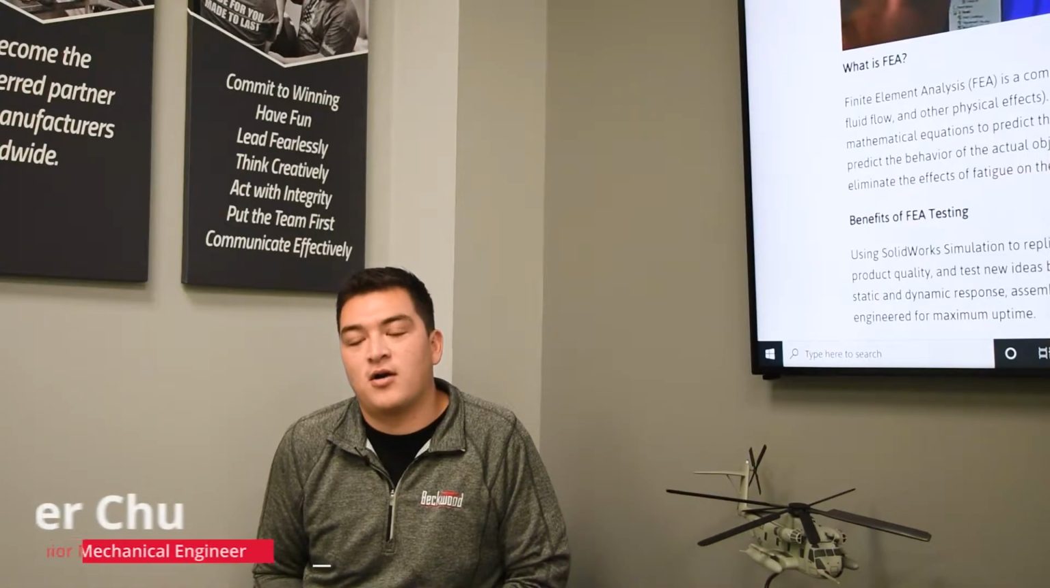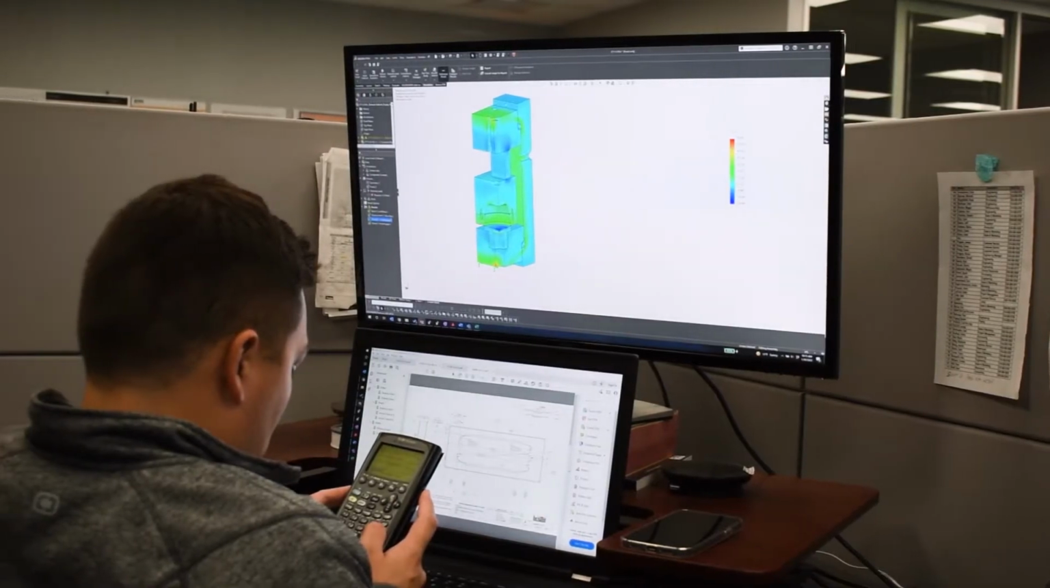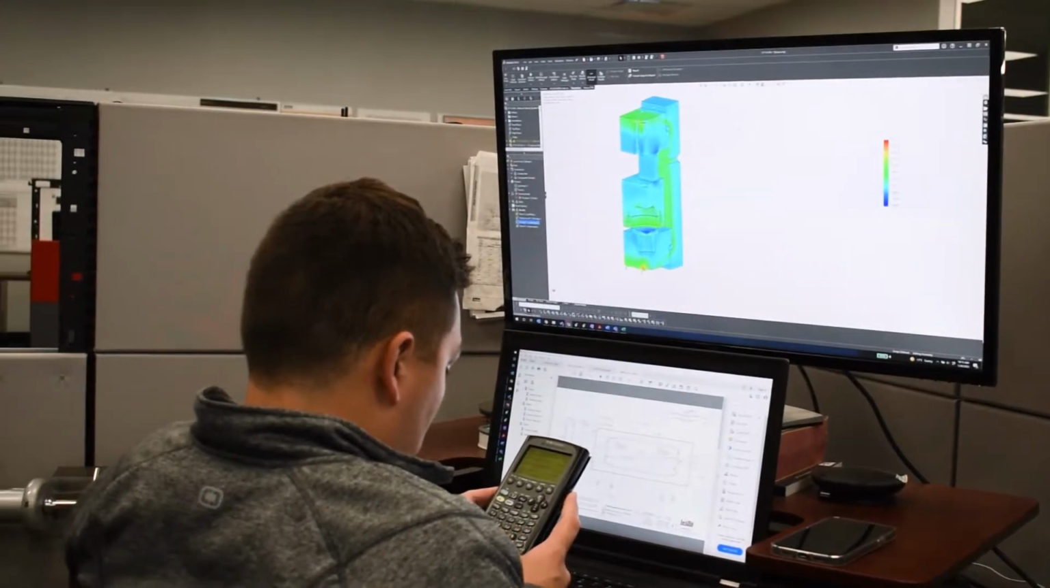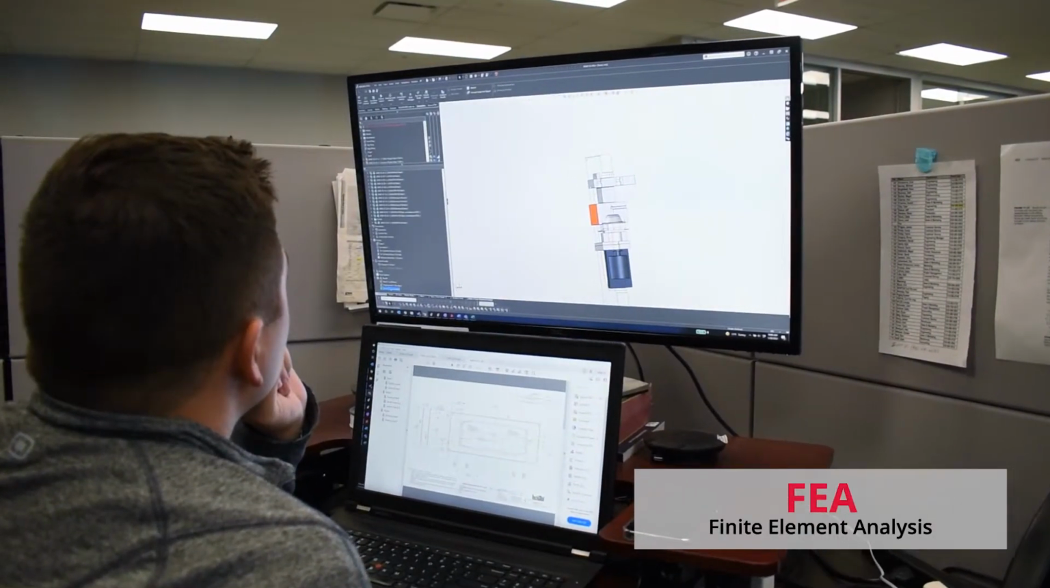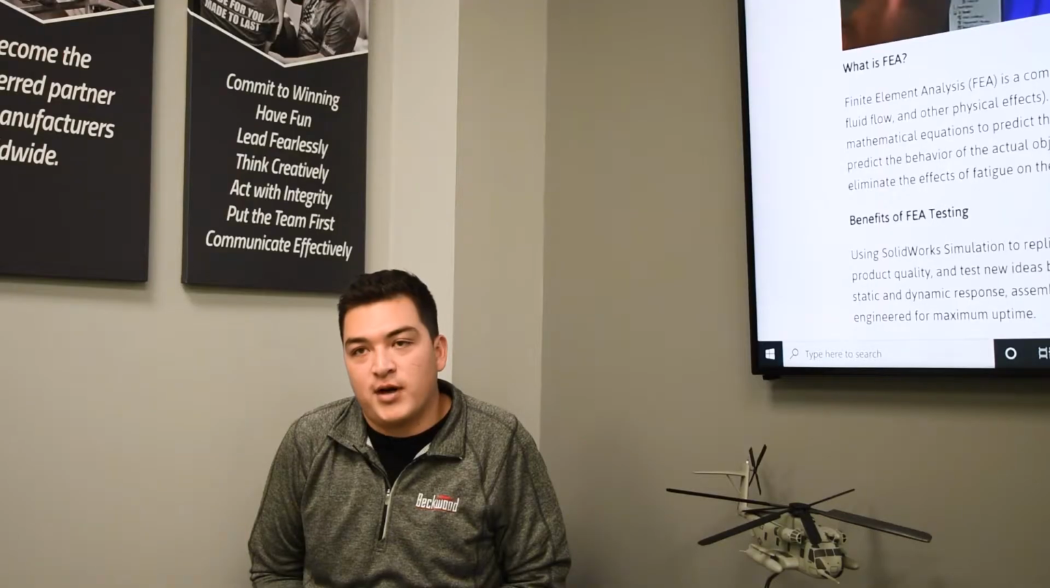So at Beckwood, our structural design process starts with basic hand calculations, and that gets us in the right ballpark. And then from there, we utilize FEA software to optimize our designs and then also to ensure infinite life. So FEA is how we apply real-world forces, and we kind of simulate how the press will perform in the